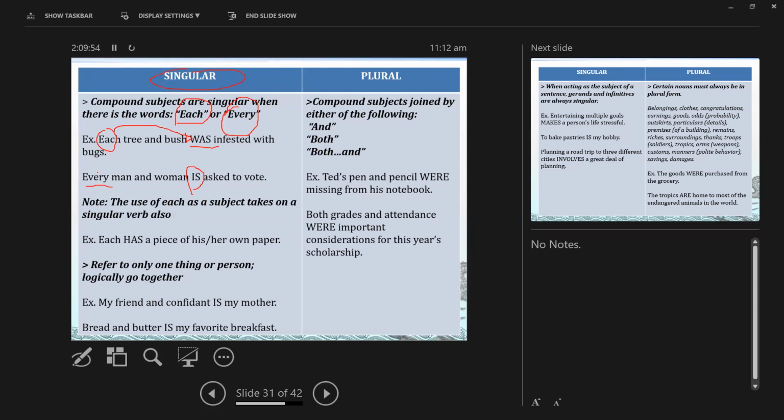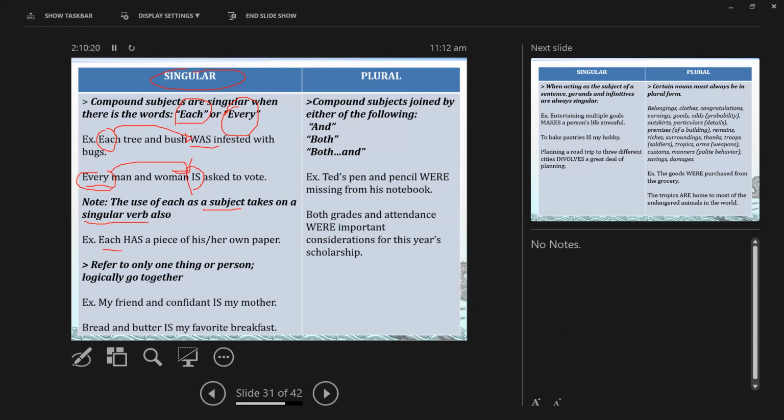Since we have the word every, we use the singular helping verb is. Clear? Note, the use of each as a subject takes on a singular verb also. Kasi each and every is used as a subject. Okay? Example,